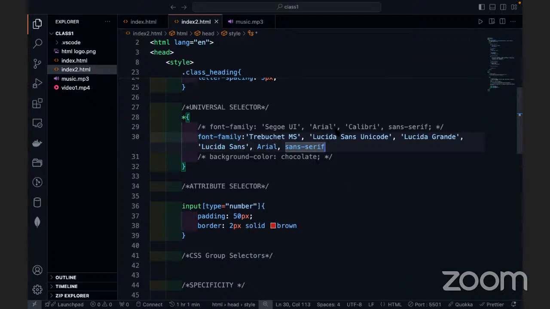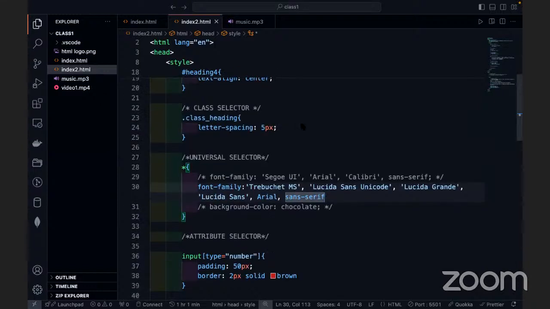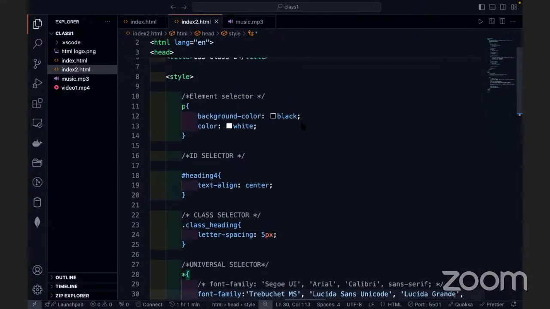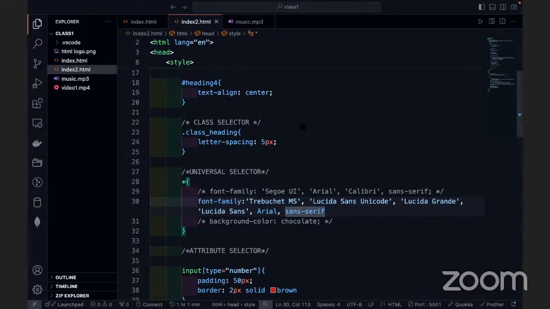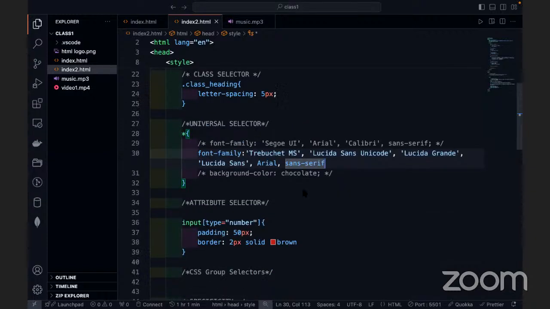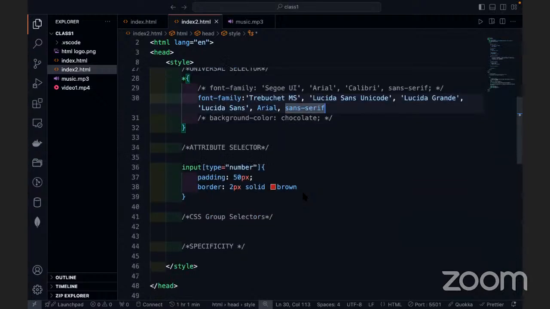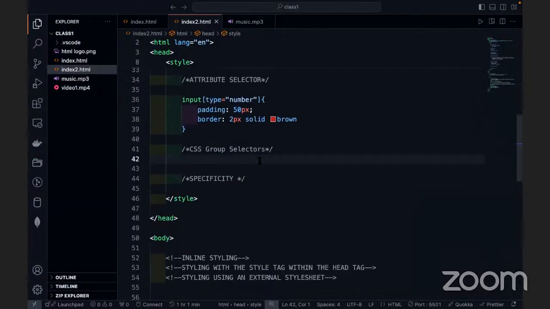And you know, the other way is you can bring in external fonts and attach them to your website, right? But for now, let's focus on CSS group selectors. So group selectors is like you can have different elements together and style them. So for example, you can say maybe all P's. Okay, so we've already started P's. So let's not go to P's. So let's say maybe H1s,